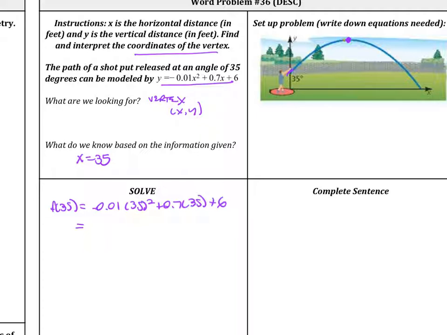You would get 18.25 feet. So they gave us the x value of our vertex, and so what we have here now is our y value of our vertex. So what this vertex tells us is this is 35, 18.25 feet. And so what it is that the maximum height